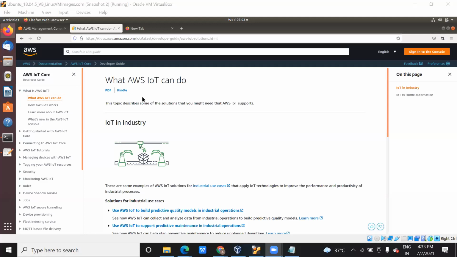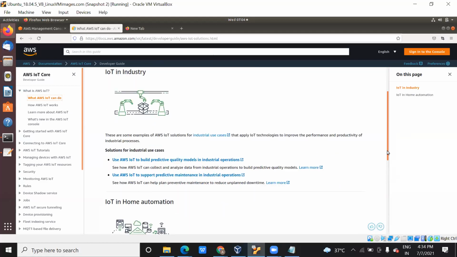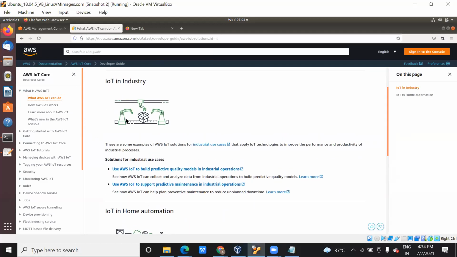Actually, you can also search for it like this: AWS IoT Core documentation. If you search in Google, you will get a page that tells you each and every step of how we do that. Here you can see the hardware devices.